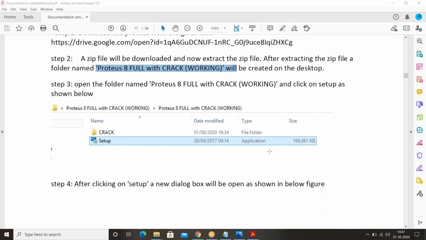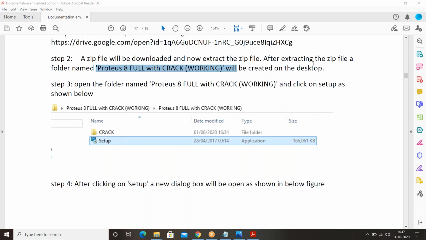Guys, if you have any doubts regarding the installation, please ask me in the chat box. Right click on this zip file, whatever the downloaded file, you'll get an extract option. Please extract the file.